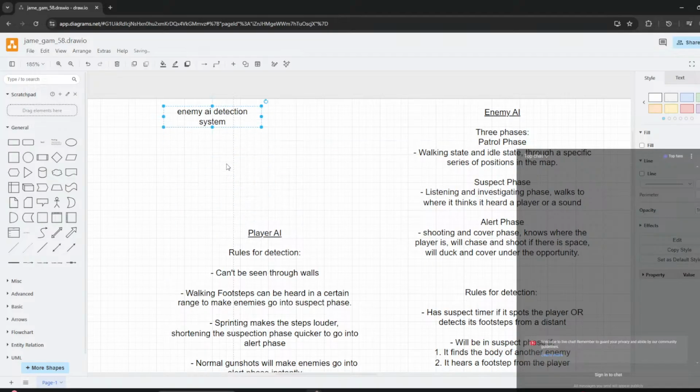So yeah, we'll leave it off at this. Yes, a patrol phase, suspect phase, and alert phase. So the enemy can be in any one of these phases. It can't be in more than one. So if it's not in the alert phase, then we'll